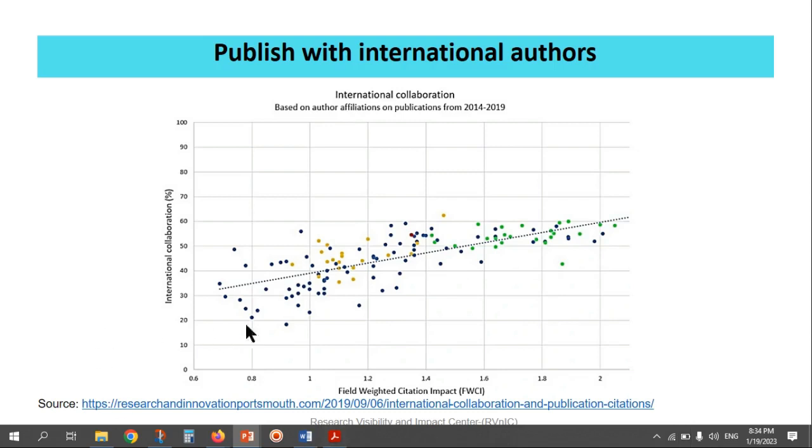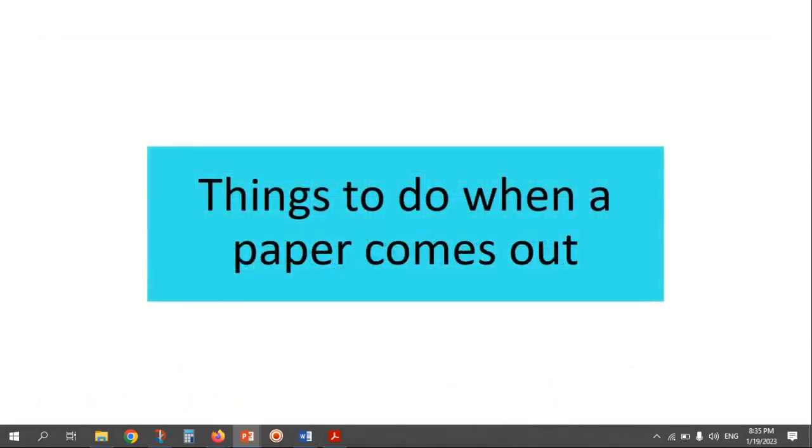Here is showing the effect of the field-weighted citation impact when international collaboration is growing. I mentioned that a field-weighted citation impact of 1 equals the average in the world. Once you get above, for instance here, it means 2 times more than the average, if you publish a paper with 60% international co-authors. Okay, this is a good approach.